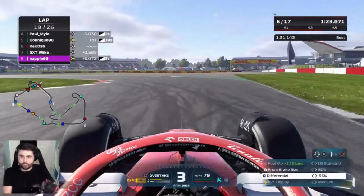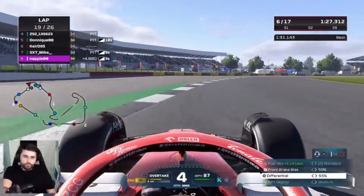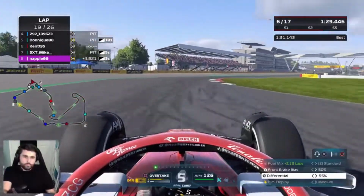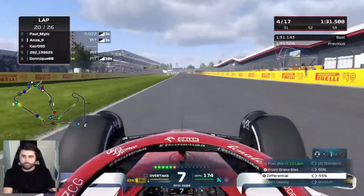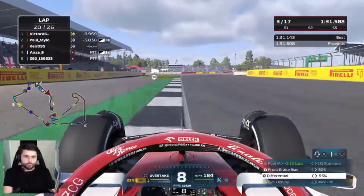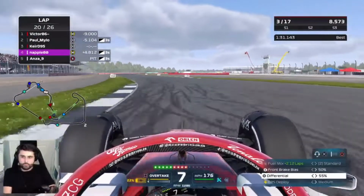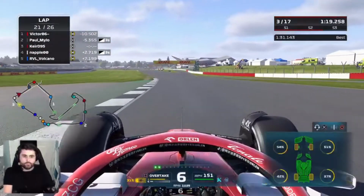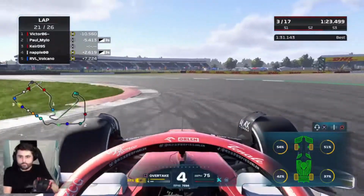And I think he opts to pit. Yes, he does. So I suspect he's got some kind of damage. I think he sped into the pit lane as well. He's picked up a 5-second penalty. Donique's the same, 10 seconds accumulated there. So some drivers coming a cropper to penalties, that's for sure. And at this point, with those drivers being in the pit lane, we move up into 3rd place, which is amazing. In the finale of the season, we haven't been around for...